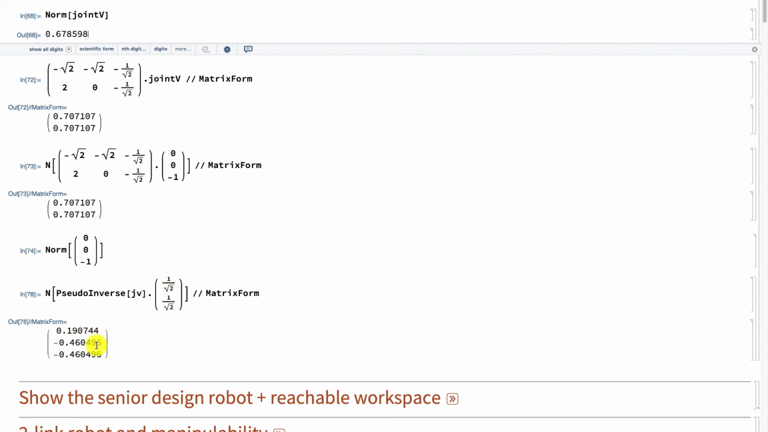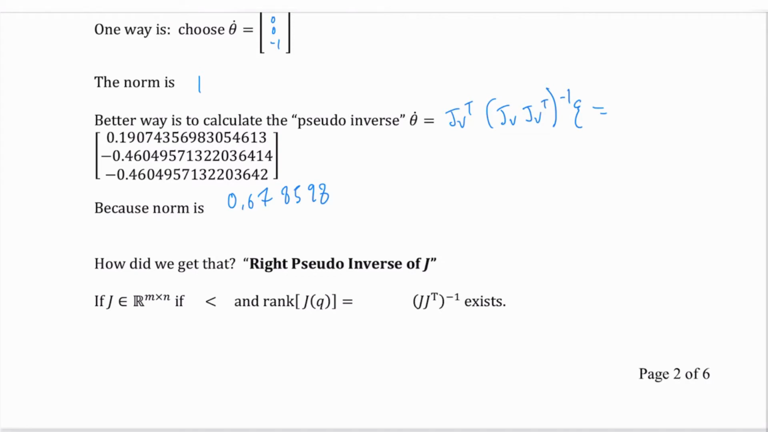So that's how I got that. And so we get a norm here that's 0.67 as opposed to my old norm of being 1. And so how do we get that? Again, this is called the right pseudo-inverse of J. If your Jacobian is an m by n, and if m is less than n, and if the rank of this Jacobian is equal to m, then